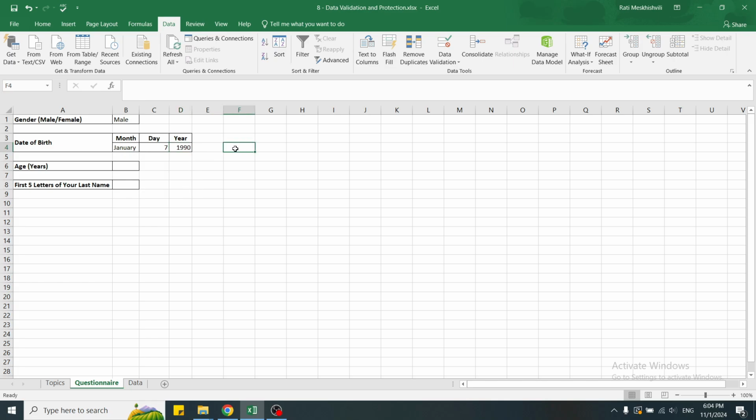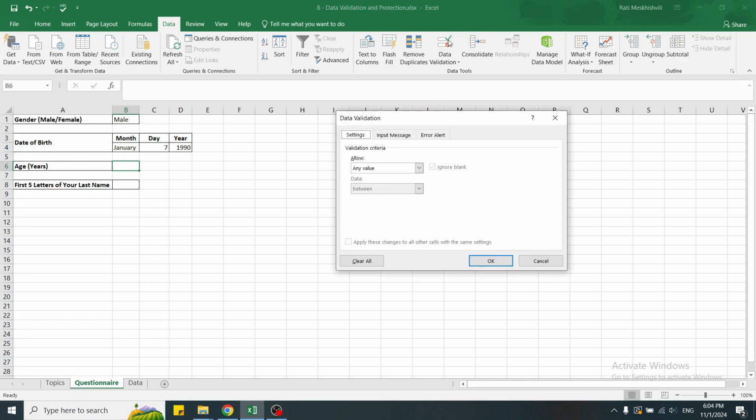Just like this, I saved lots of valuable time and energy that might have been wasted on entering all this data manually. You can also use data validation to restrict entries to specific numbers or control the length of text. Let's say I want to make sure only numbers between 1 and 124 are entered for the field age in the cell B6. I'll open the Data Validation window by clicking on Data Validation under the Data tab, and in the Data